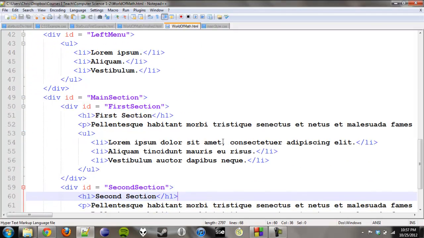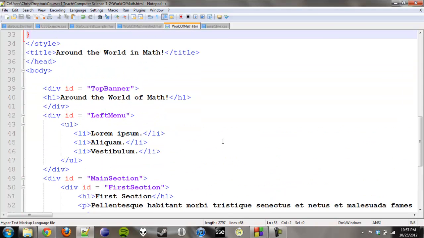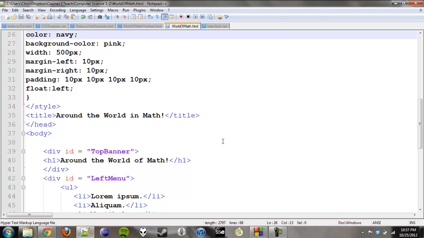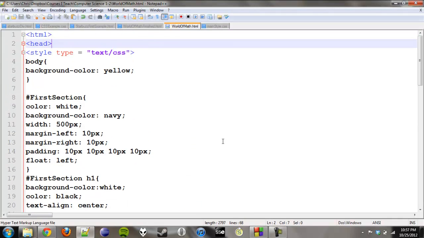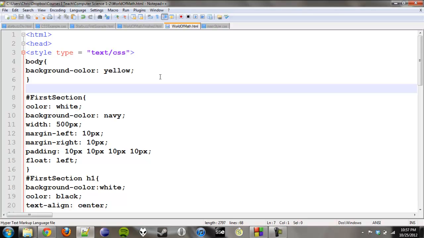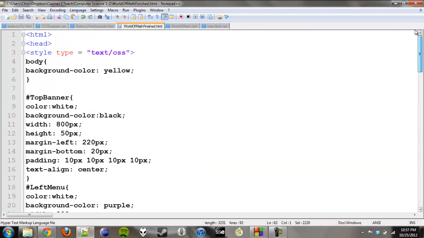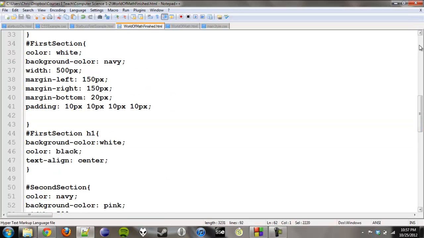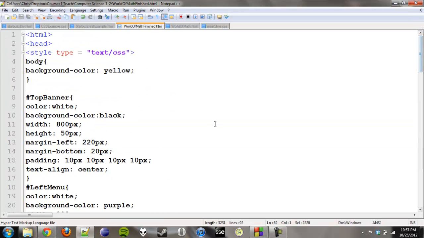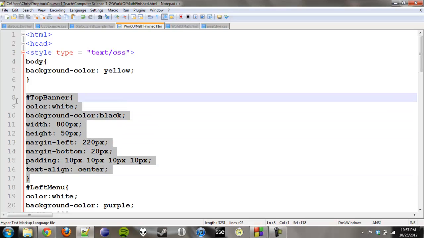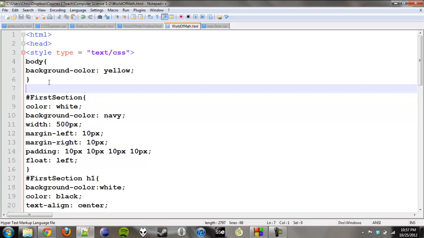Okay, so if I look at the main section, it's kind of... well, actually, you know what? Let's do the top. The top banner is really the easiest choice. So just to save a little time, I'm going to do a little cutting and pasting and show you some stuff that I've done before. So let me grab what I did for the top banner,